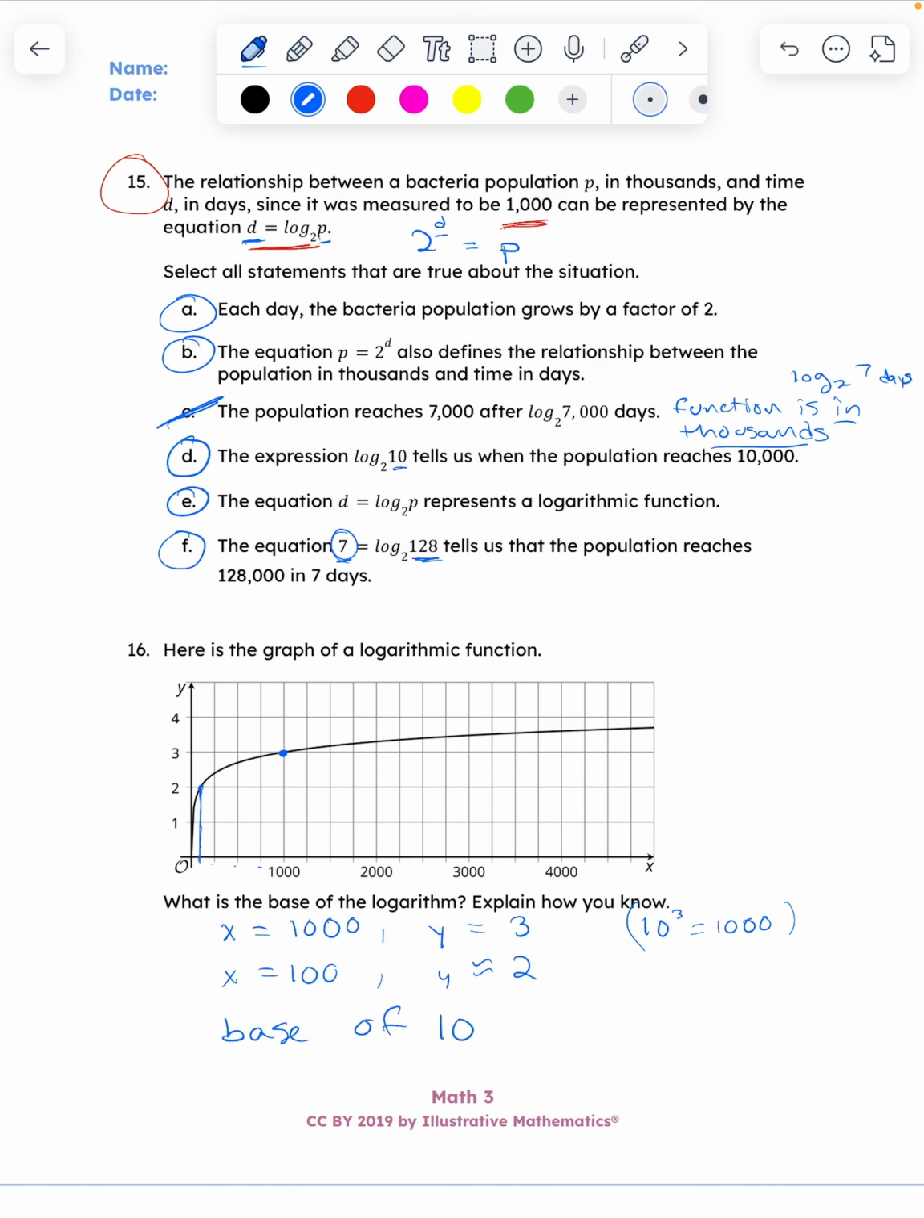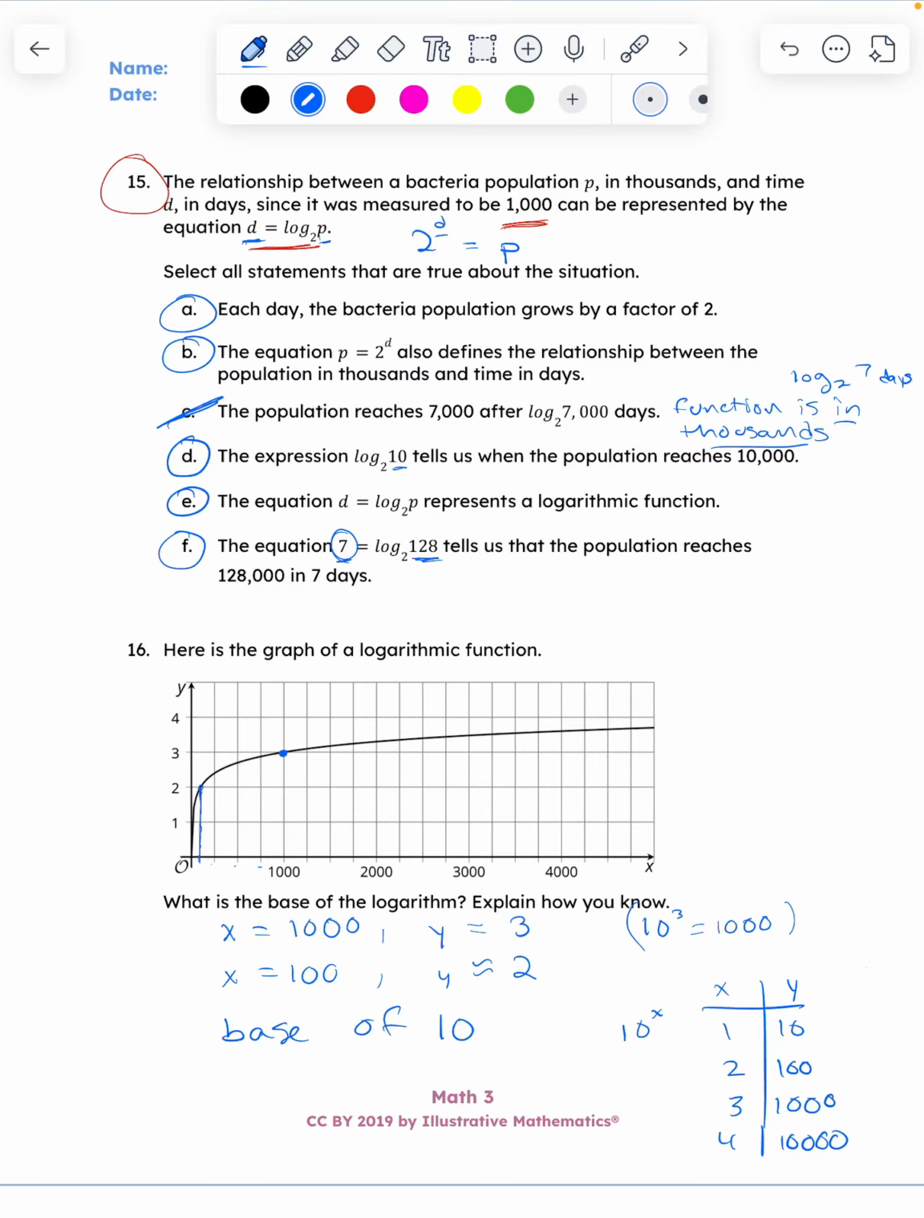Because in a logarithmic function, it's flipped x's and y's from my exponential function. So if I had an exponential function of 10 to the x, I would expect a bunch of x's that were like 1, 2, 3, 4, and y's of 10, 100, 1,000, 10,000, etc. And if I then want to consider the log of x,